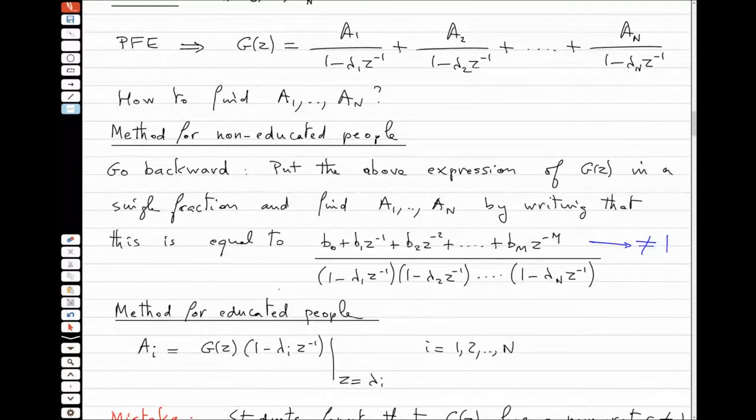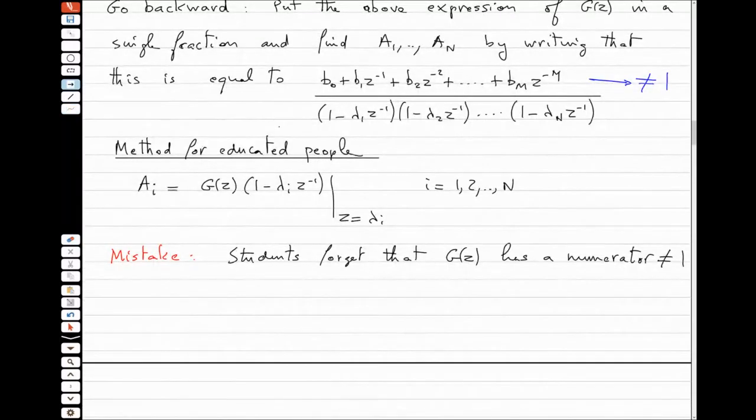actually the friendly case. And once G of Z, the coefficients of this expansion are known, then by inverse transform, you know that G of n